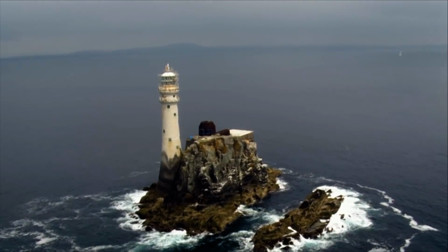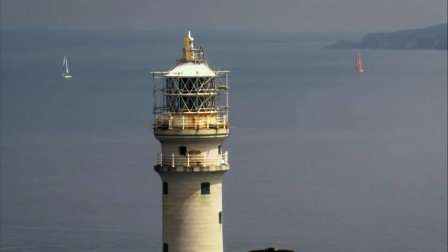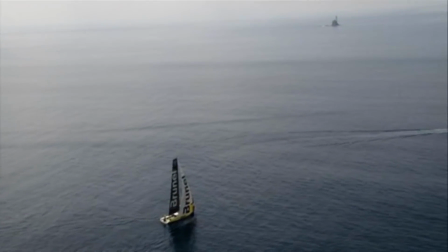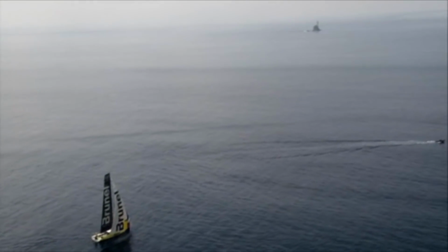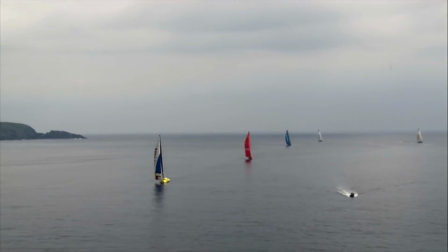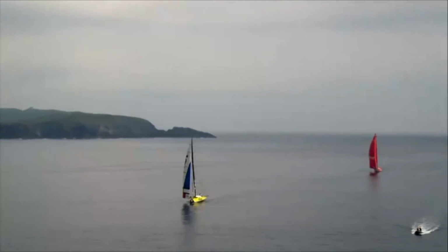An hour ago, the Volvo Ocean 65 fleet sailed past the iconic offshore landmark of Fastnet Rock, just on the southern end of the Republic of Ireland. It was light winds and it was tough going, but Dongfeng Race Team were firmly in the lead, but the pack very much together. And from here in race control in Alicante, I'm joined by Conrad Coleman, and we are